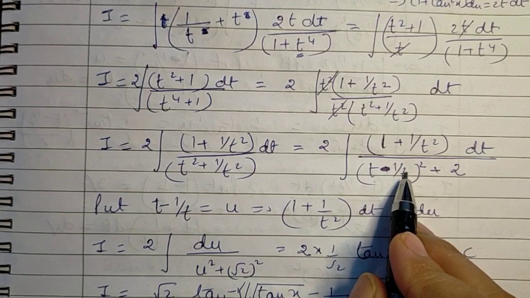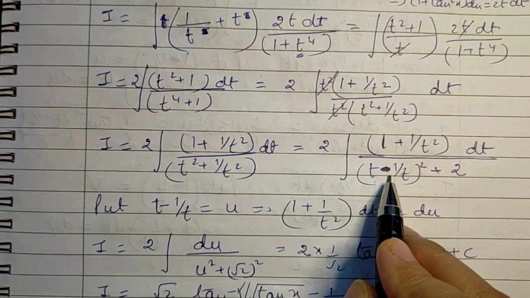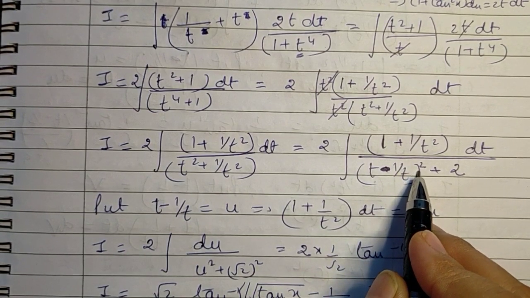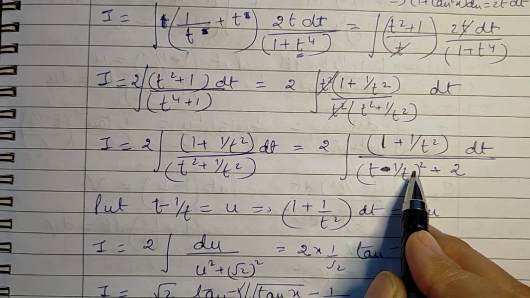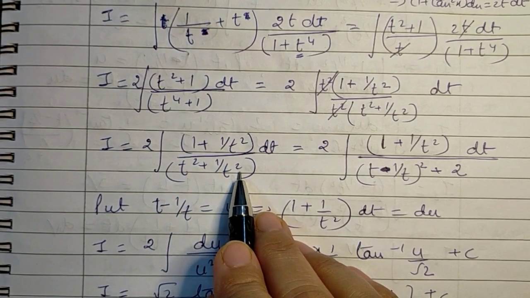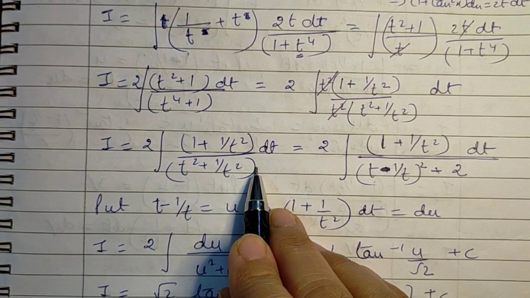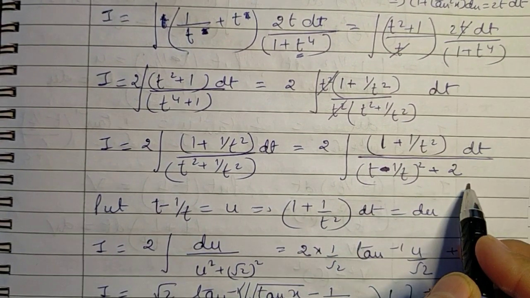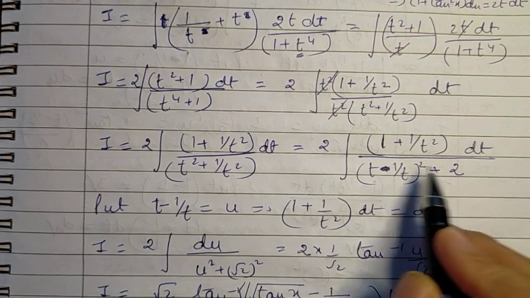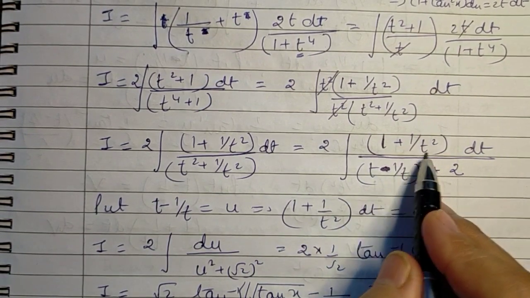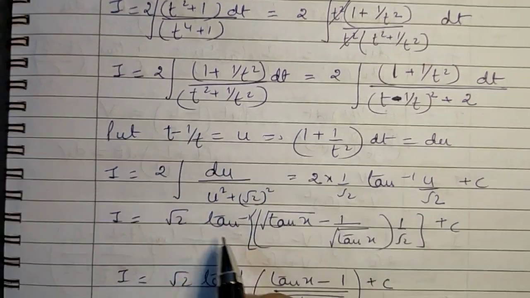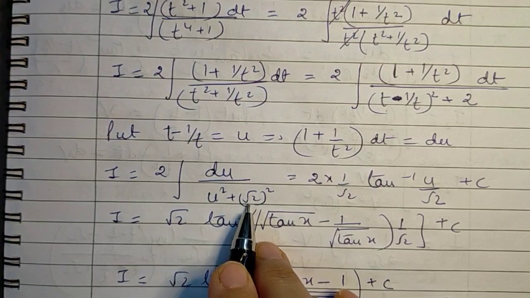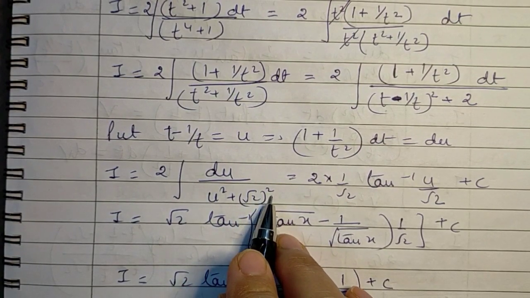In order to convert this, what do we have to do? We have to subtract 2t into 1 upon t, so t squared plus 1 upon t squared minus 2 becomes t minus 1 upon t whole squared. If we have subtracted 2, we have to also add 2. Now putting this as u, the numerator gets absorbed in du, and we get a standard form, that is du over u squared plus 2. 2 can be written as root 2 whole squared.